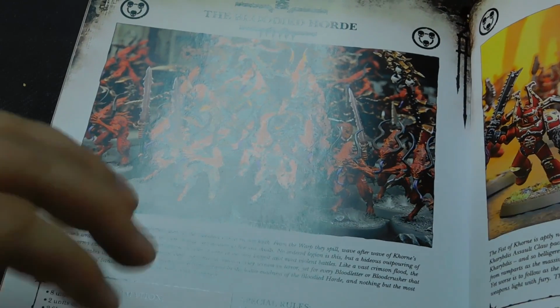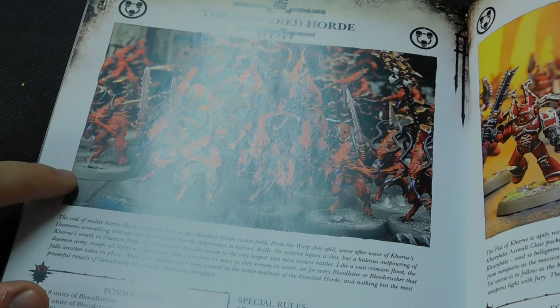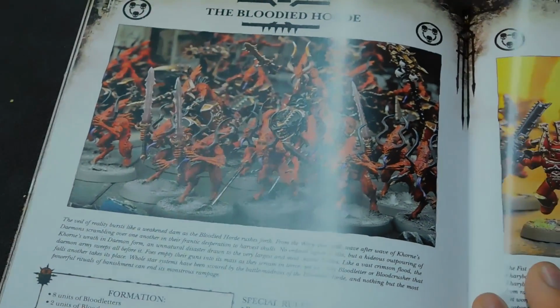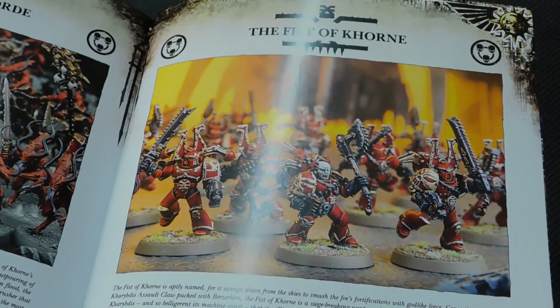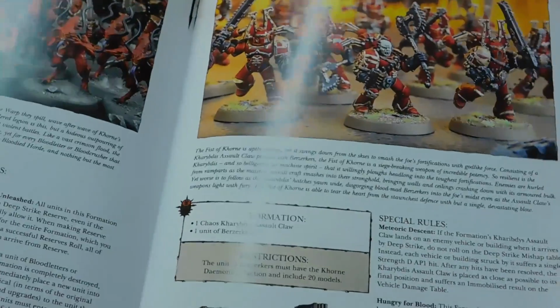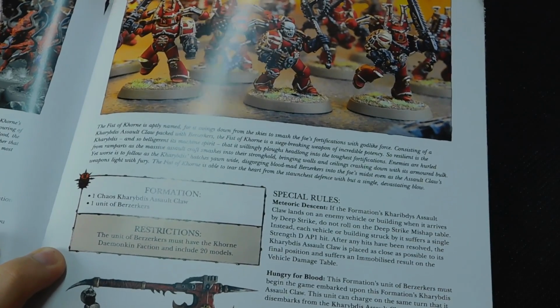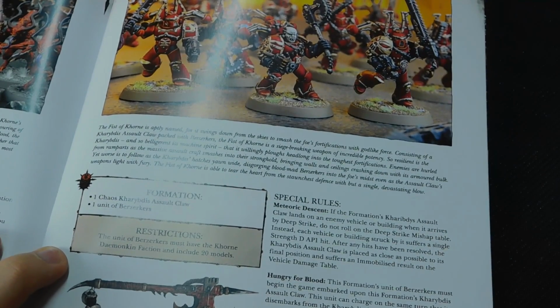It's nice that not all these formations are huge in points, because that's probably doable by every Khorne player. Apart from Tom's. Yeah. What do you mean, like every other Grey Knight formation, which nobody uses? This one is actually used by Lawrence from Tabletop Tactics with his Khorne, which is the Fist of Khorne. And this is a unit of Berserkers, which have to be 20 man, and the Chaos Charybdis Assault Claw. Say that again? The Chaos Charybdis Assault Claw. Come again? The Chaos...